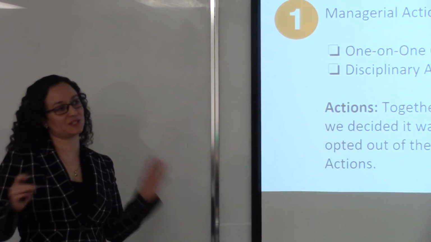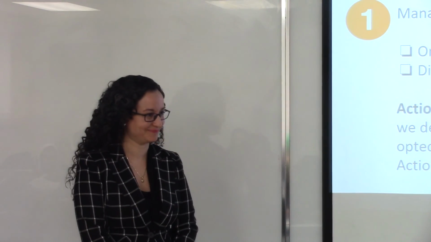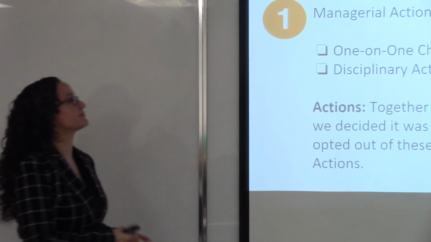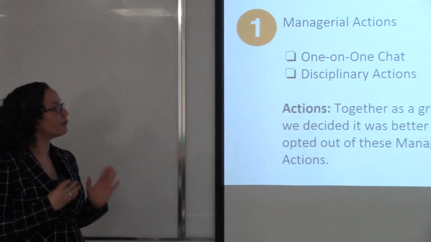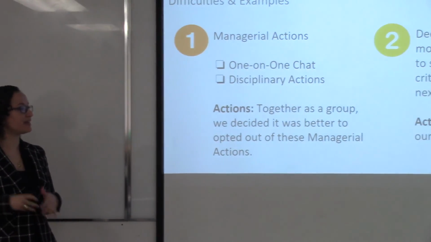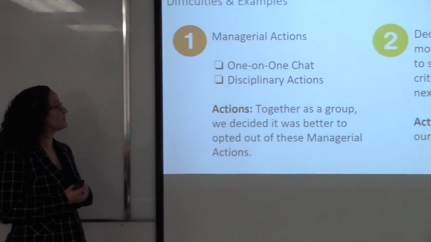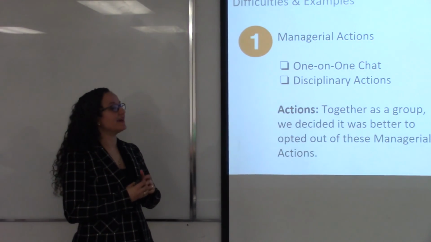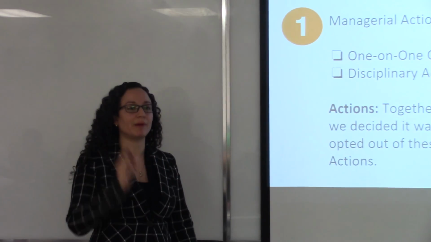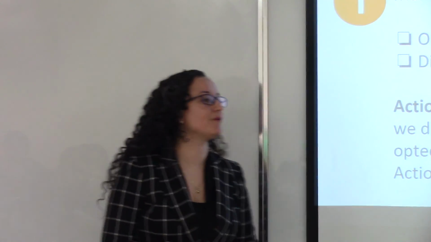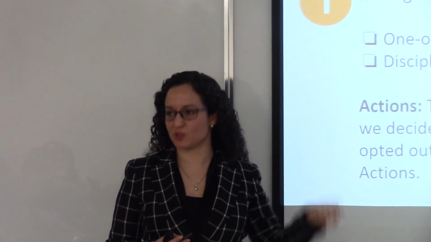We had many discussions throughout the 12 rounds in the simulation, but the most repetitive and difficult discussions for us were these two. First, should we use the free managerial actions to improve the efficiency of the team in the long term? These managerial actions were one-on-one chat and disciplinary actions. Even though we never used them, we discussed it in every round. And at the end, we decided not to use them with the resources. The second one was how we spend the budget. We have to find a balance between spending 20% above the standard rate to reach the best resources for the critical path